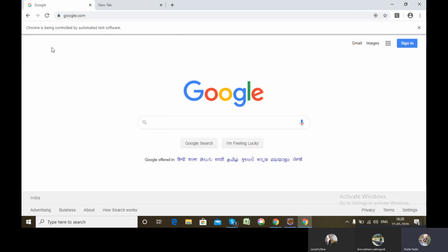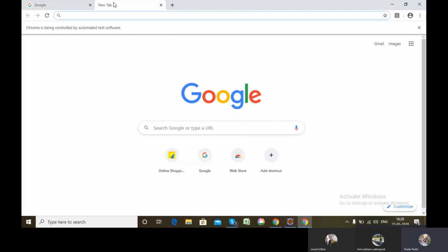But I need to switch my driver control to the new tab so that I can do certain operations in the new tab which is opened. It may be a new tab, it may be a new window, anything.